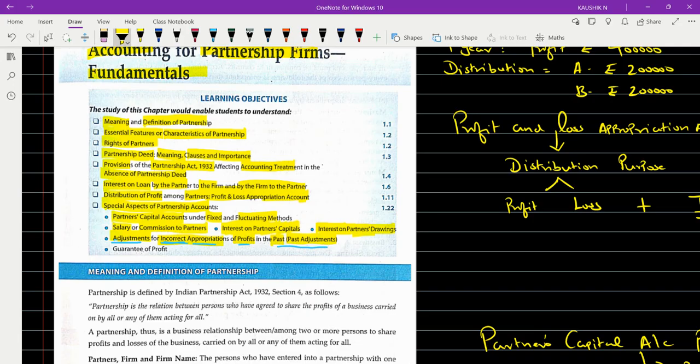So for this, you will come across a topic called past adjustments. The word says very clearly: past means earlier, adjustments means corrections. So using the concept of rectification of errors, we are going to work out this chapter, but don't get